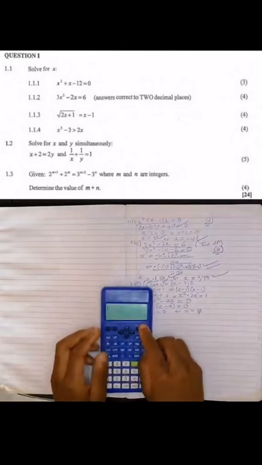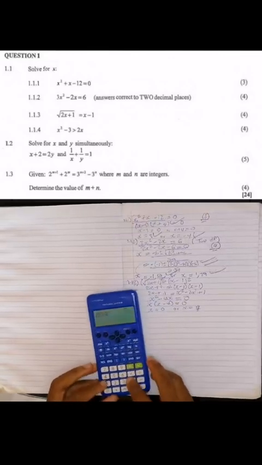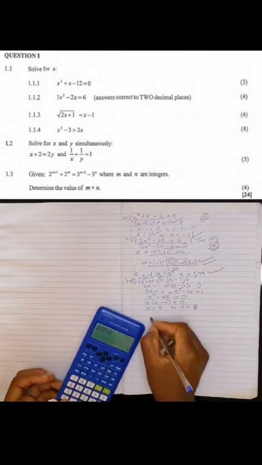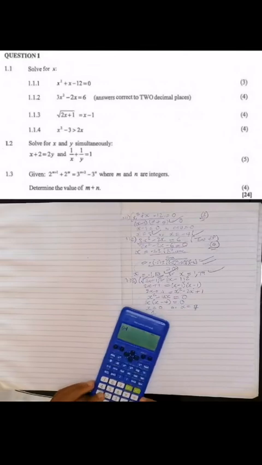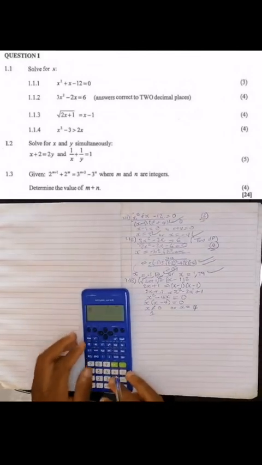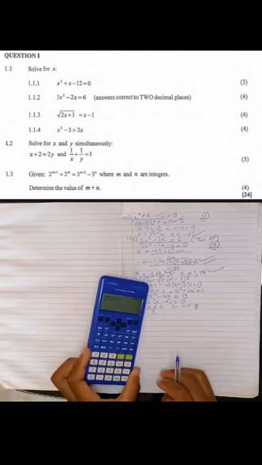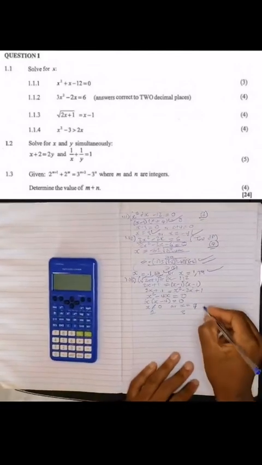Meaning that you're going to say root of 2 into 0 plus 1. You find 1 for the first value of x on the right hand side, and then on the left hand side you're going to say 0 minus 1. You find negative 1, meaning that x cannot be equal to 0. And then now you're going to test 4. We have 2 into 4 plus 1, you get 3. And then we come back again, we say 4 minus 1, you get 3, meaning that